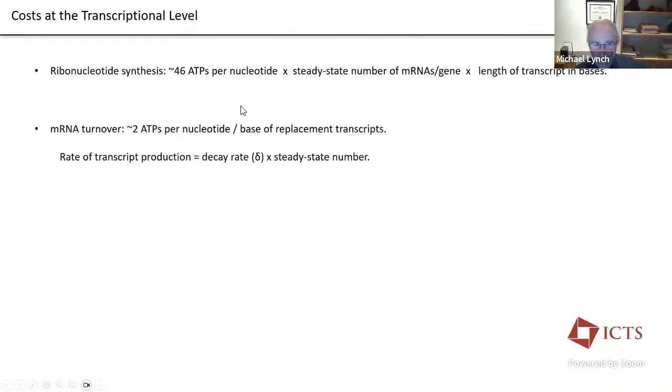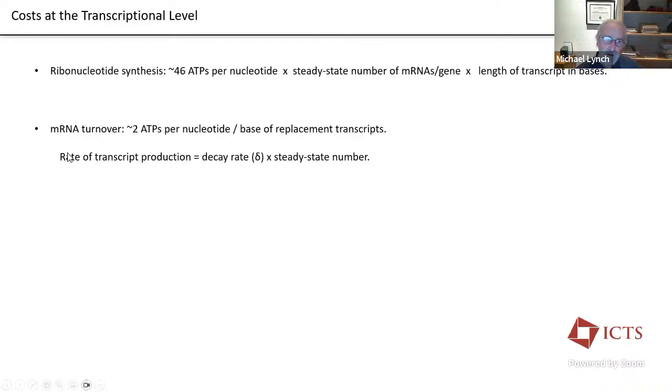But we have to worry about one additional problem, and that is messenger RNA turnover inside the cell. The way you can think about this is cells have a steady state number of mRNAs in them, but they have a decay rate, something like a half-life of typically just a few minutes. And so to keep steady state, the product of these is the death rate of transcripts, and this must be the birth rate of new transcripts to keep things at steady state. So we have to bring these into the final equation.